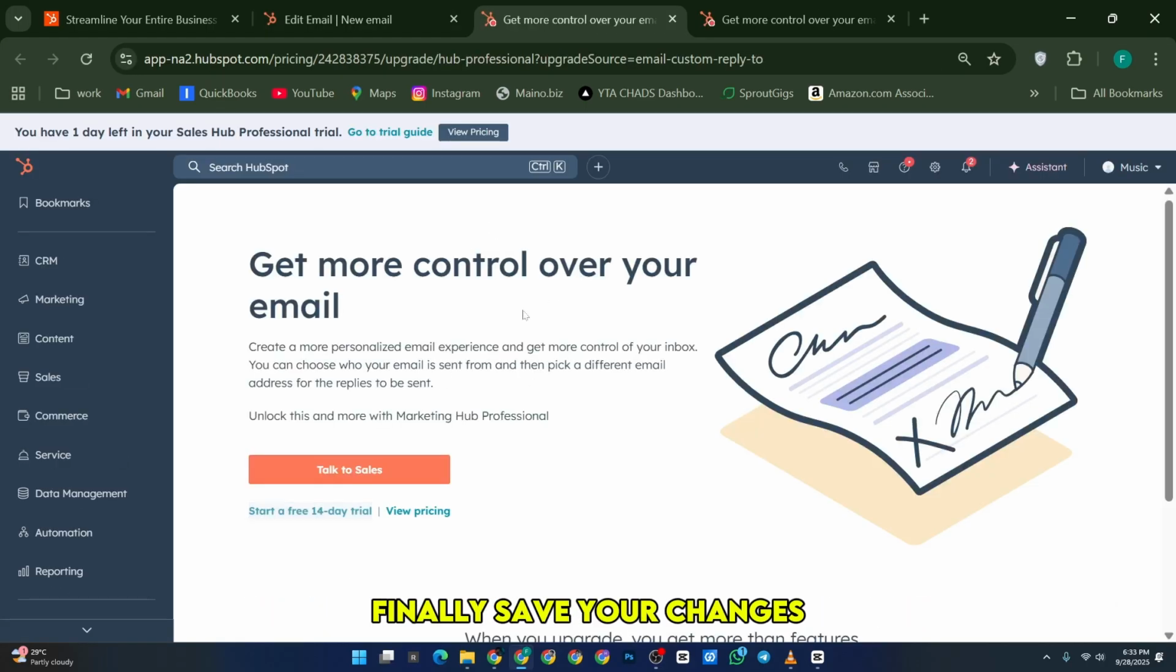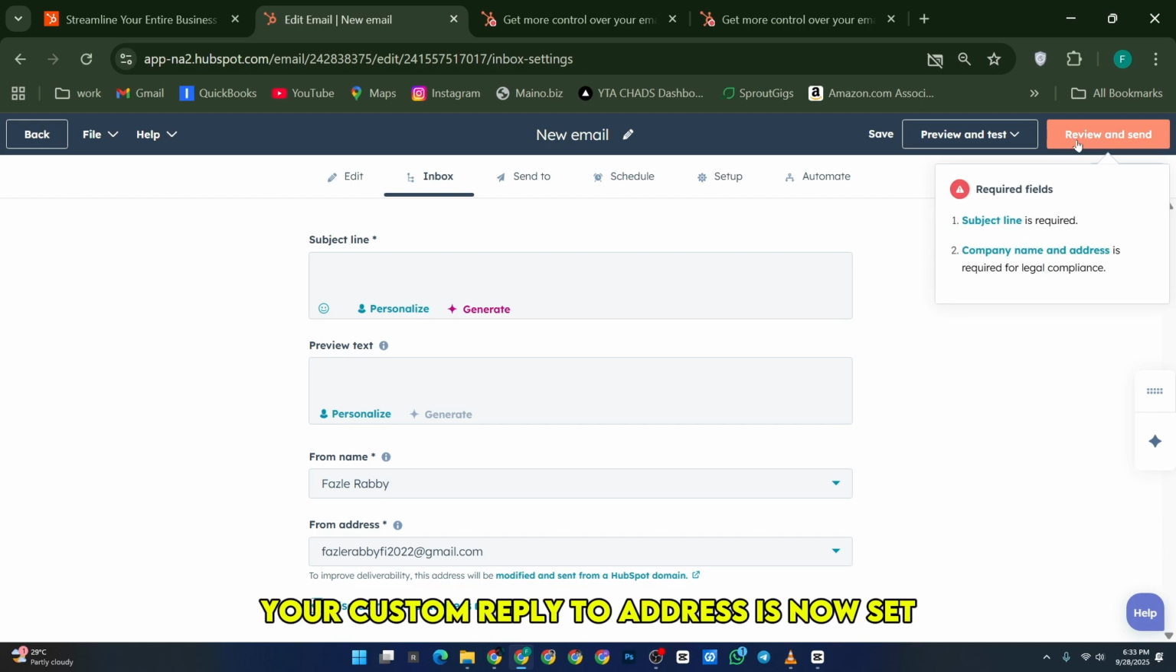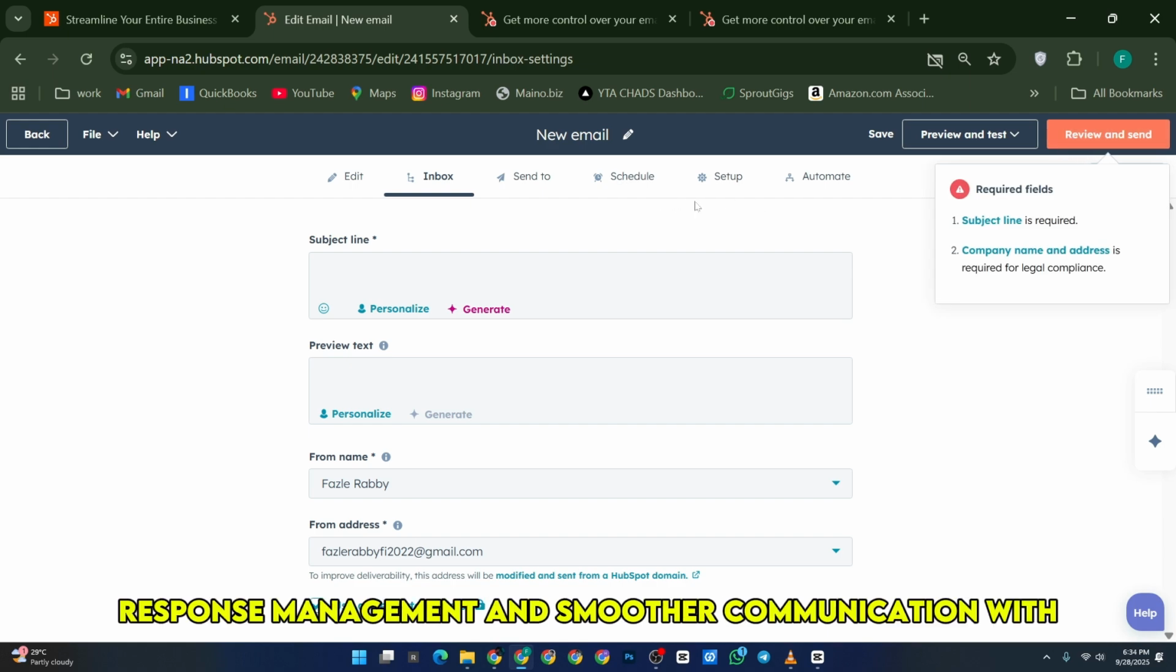Finally, save your changes. Your custom reply to address is now set, and you'll notice improved response management and smoother communication with your